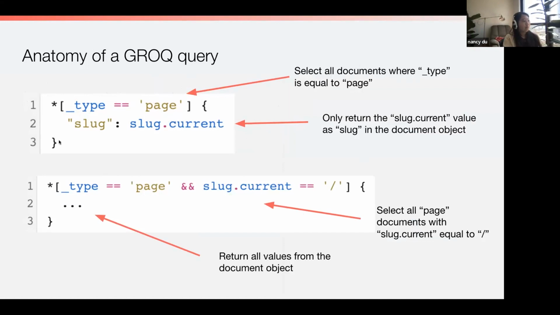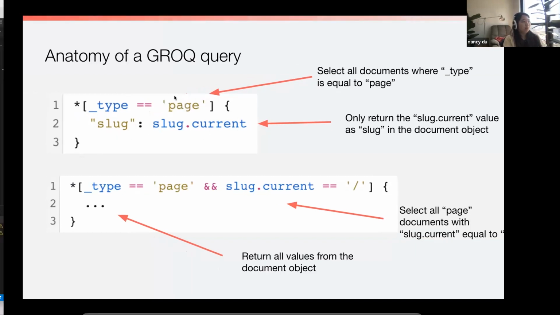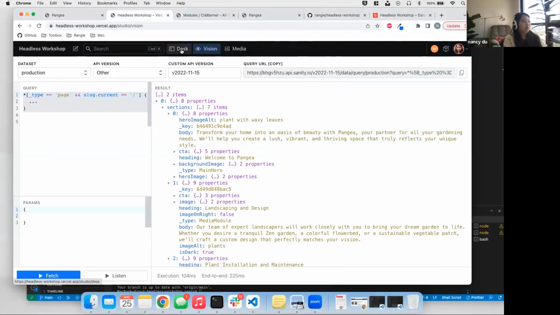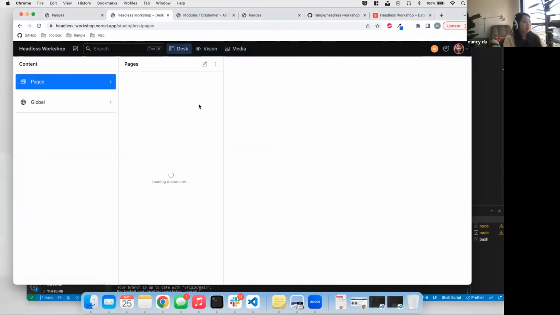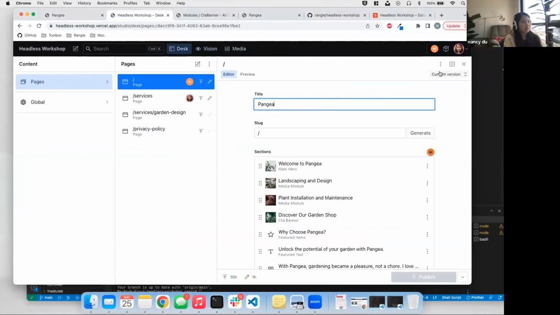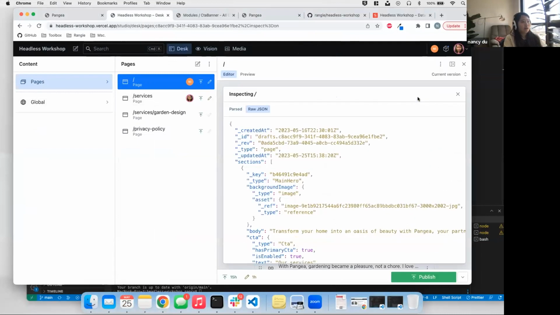Then within the squiggly brackets in here, very similar to GraphQL, for those of you who are familiar, we can dictate the shape of the content, or the shape of what we want to fetch back. So even though if we look back at all of the data that exists on our page,